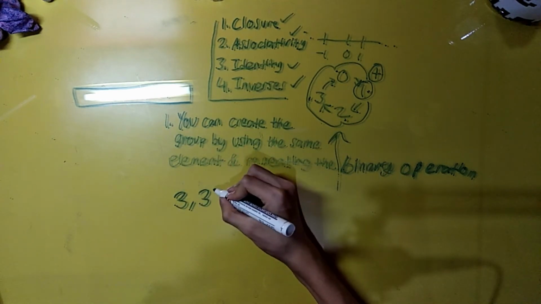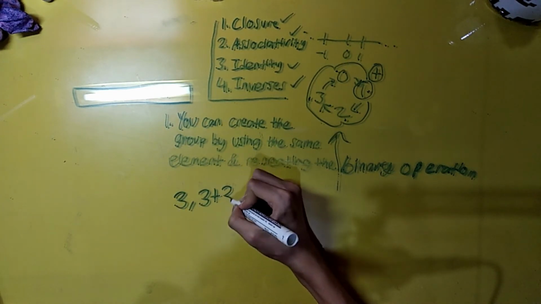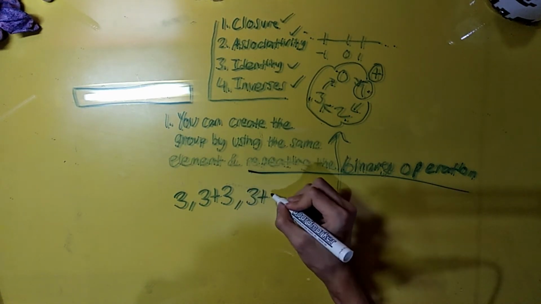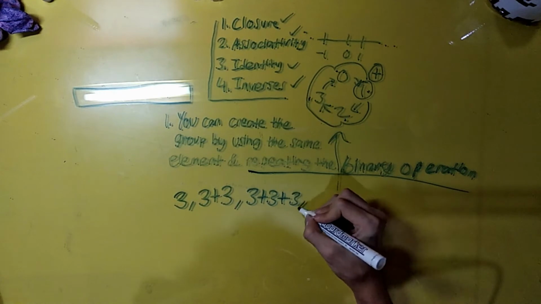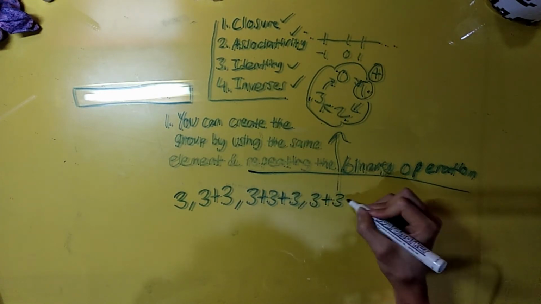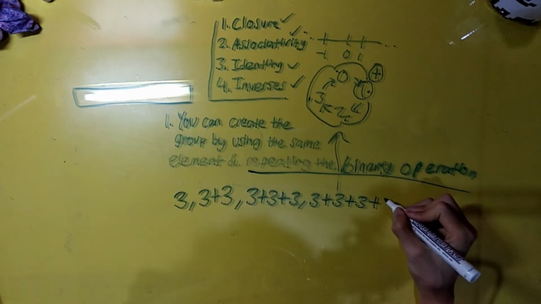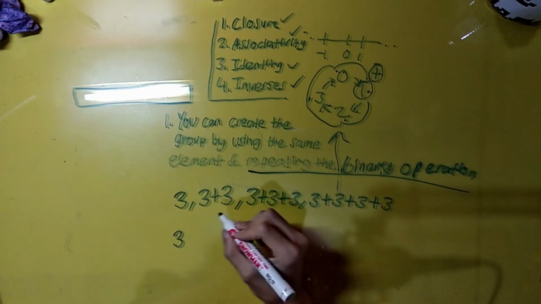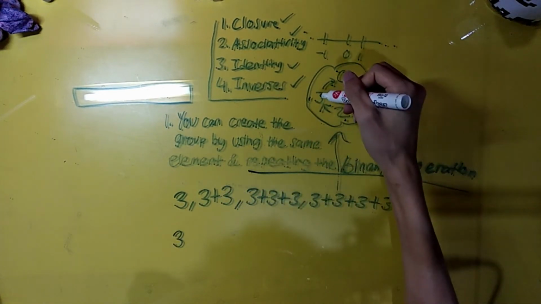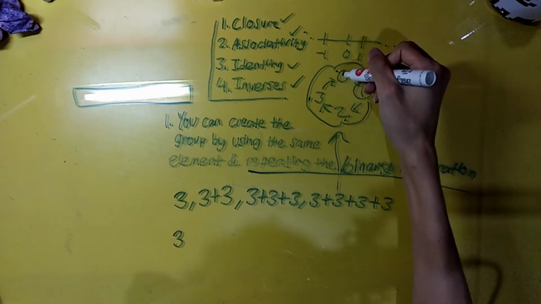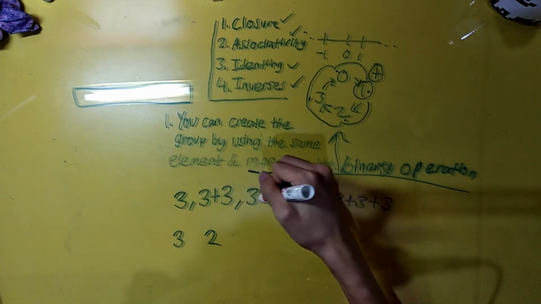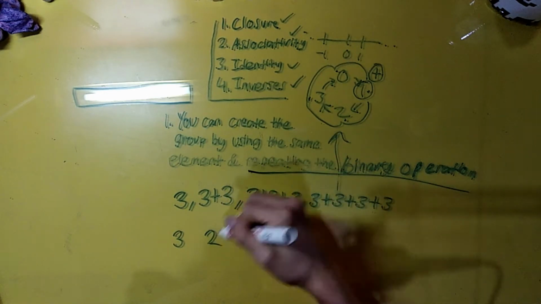If we have 3 and we repeat the binary operation as we've said, we keep following the pattern, we're going to end up with the same result as we did when we used the number 1. 3 is just 3. What is 3 plus 3? 3 plus 3 is 2. 3 plus 3 plus 3, well, that's just